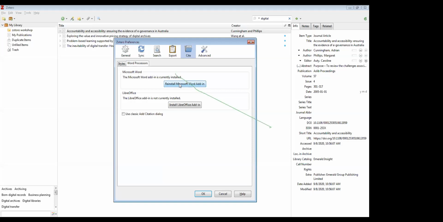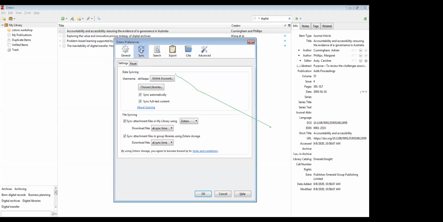And the last option I was discussing is how to take a backup of Zotero. In this also there is an option called synchronization, sync. It allows you to synchronize because Zotero works offline and online.